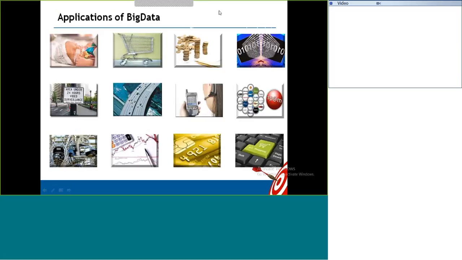Okay, so applications of big data. It is not limited to a specific domain. It can be used for all domains, like the retail industry, social networking, e-commerce applications, security surveillance data, security sensor data, and cell phone conversations data. All these domains' data can be processed using these big data frameworks.